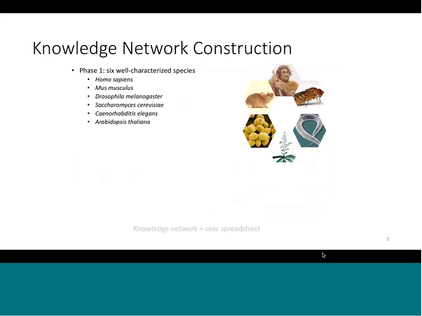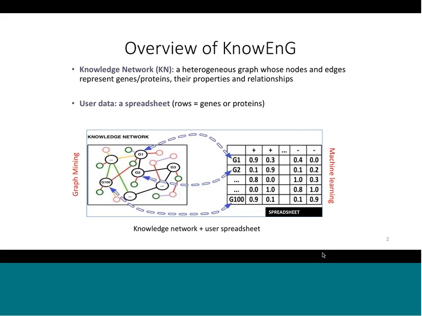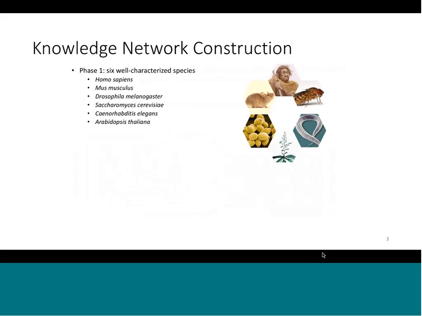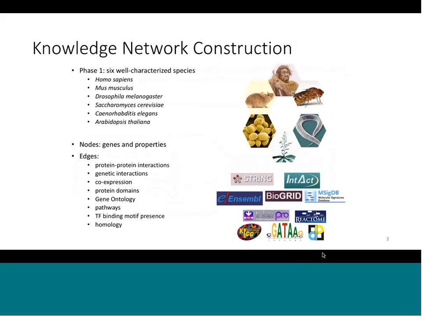of the spreadsheet. So we have, in the first year and a half of the center, made very substantial progress in terms of collecting the data sources that go into the knowledge network. And in particular, there are the data from 6 well-characterized species, and edges represent protein-protein interactions, genetic interactions, co-expression, protein domains such as PFAM, gene ontology, biological pathways, TF binding, motif presence, homology, and so on. So I've listed some of the prominent current resources that we imported these kinds of data from in creating this knowledge network. I'll leave it at that, just to give you an idea of the kinds of prior annotations that go into